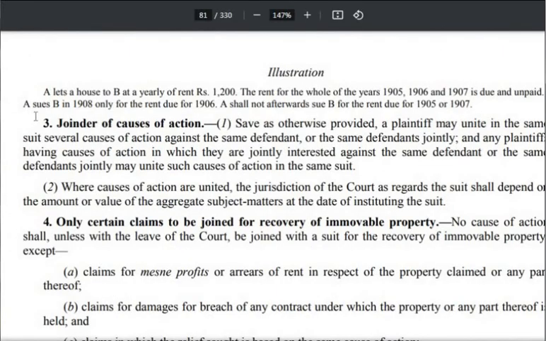A lets a house to B at a yearly rent of 1200। 1200 रुपये का एनुअल रेंट है उस पर, मकान दिया रेंट पर, तो 1200 रुपये का रेंट है ईयरली, और ज़्यादा रेंट है, बट ये 1905, 1908 की बात है। At that time it was very heavy rent. So A lets a house to B at a yearly rent of 1200. So the rent for the whole of the years 1905, 6, 7